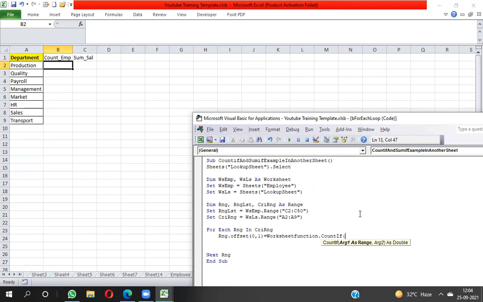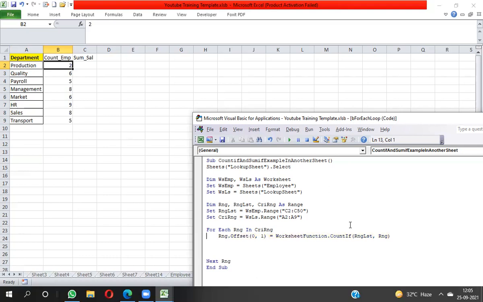The criteria I'm getting in rng, so I take rng, bracket close. Now I'm running this code, and you can see it is done with F5.